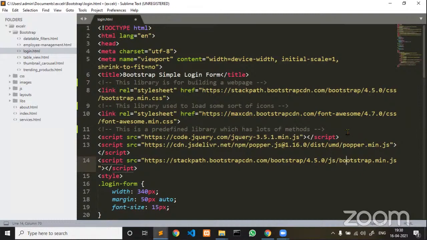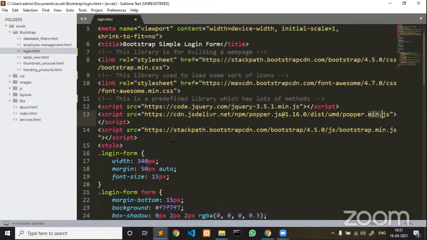And everywhere you see here, you can see whatever libraries we have loaded: min.css and min.js. Min is nothing but minified. As I already said, these libraries are built by others, you haven't built them. If you go for the unminified version, the size is going to increase. To avoid this kind of size issue impacting the web page, we should always go for a minified version. Minified versions are smaller than unminified versions. So we should always load the minified versions, my dear friends.